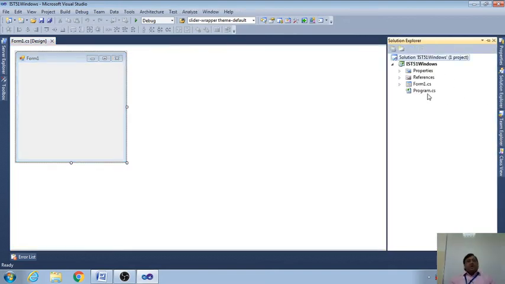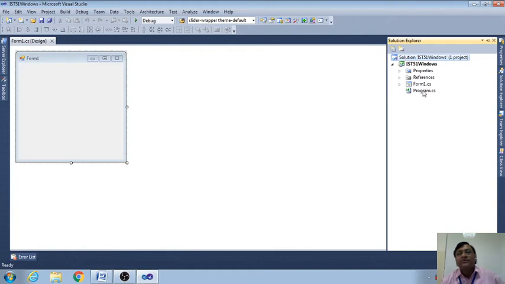All the files related to your project will be available inside the Solution Explorer. If you want to add any page, because in one project we may have more than one form, right? So if you want to add a form or page, you can add it from the Solution Explorer also. We have another way also, I will let you know.